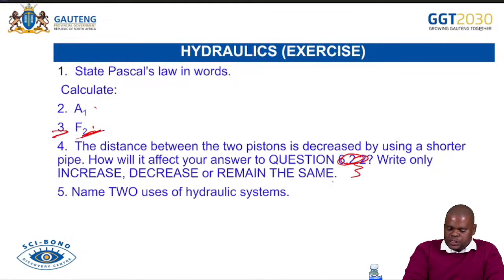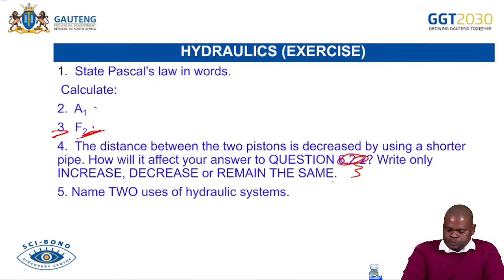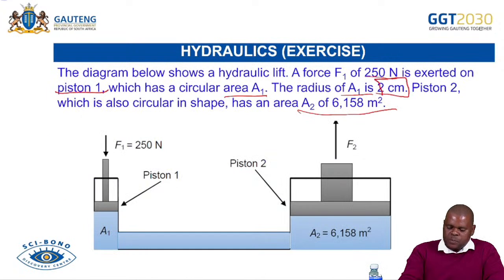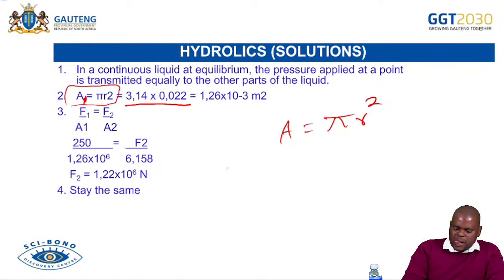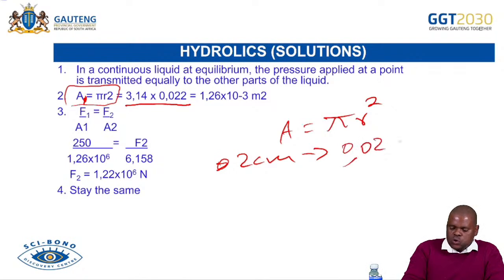0.02 squared. Where do you get 0.02? It comes from here. Are we together? The radius is 2 centimeters. And then how do you get to 0.02? We took 2 centimeters and converted to meters, which gives us 0.02 meters, because we divide by 100 here. And then when you square this,